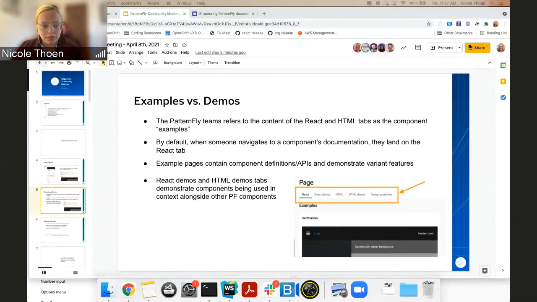The more complicated the example gets, like maybe there are more components involved, the easier it is to call it a demo. We just tend to run into a few issues. Based on the types of questions the team receives, we're not sure that people are looking at or are aware that we have demos on the site.